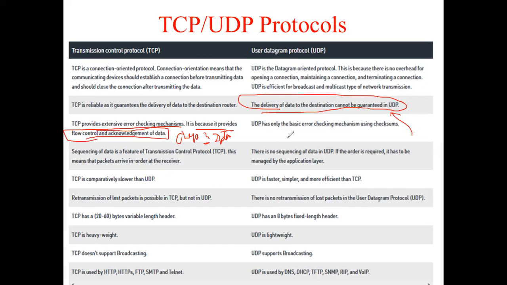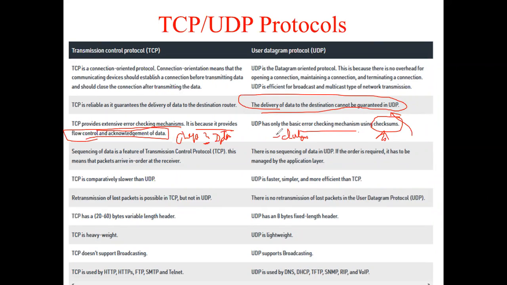Whereas UDP has only a basic error checking mechanism, which only checks that the data is not tampered with, right? So we add up the zeros and ones in the end, and we take the ones complement, and then we have some sequence. That sequence is added along with the data, which is known as the checksum. Now the receiver will do the same calculation with the data and the checksum and identify whether the two things,